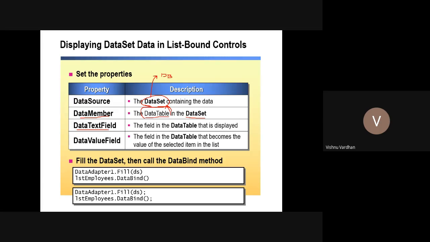Okay, then the text field is there, then the value field is there. Text field means what you want to show to the user. Suppose a country is having some value as well as the name. India is a country, its value for your database is 11. Okay, so America is a country, for the value maybe some 70. So the values are being attached to that particular control by showing the name of the country in the text field. So that is the way of accessing